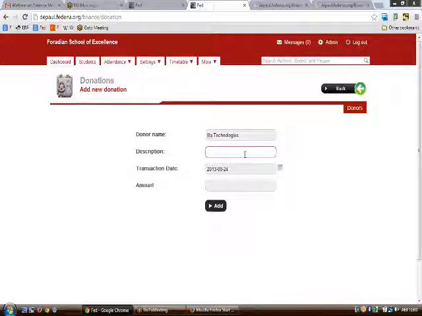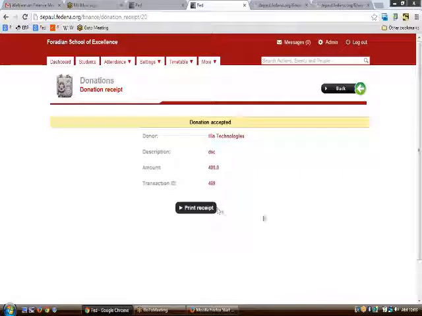So here you need to first of all write the name of the donation and the description, and type the amount here and click upon add. On completing the process, you would be able to see what the transaction was all about.